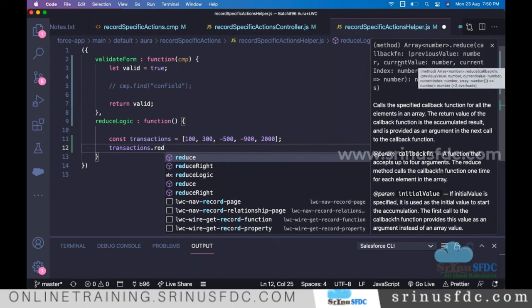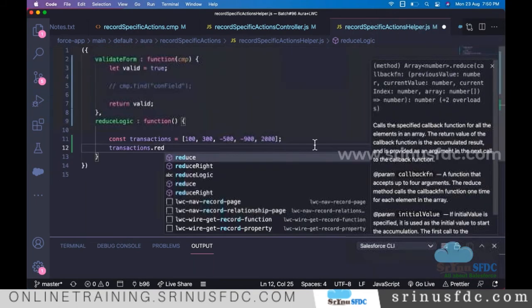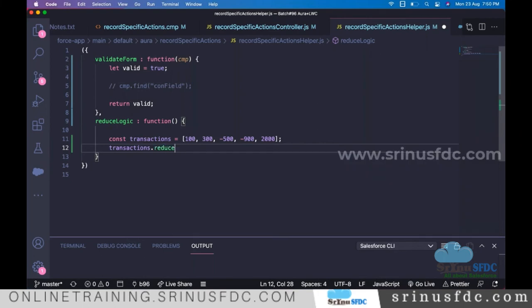So with the reduce function, we have to iterate over a callback. For each and every value in the reduce, we have to use a callback function.